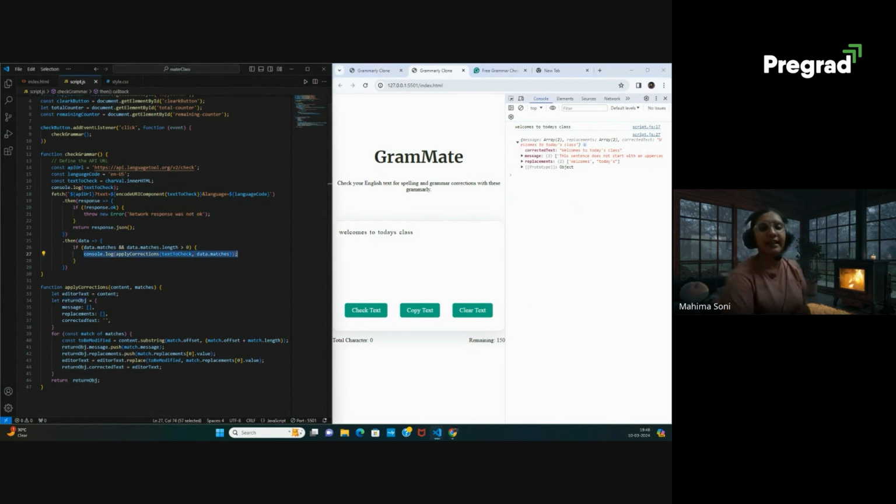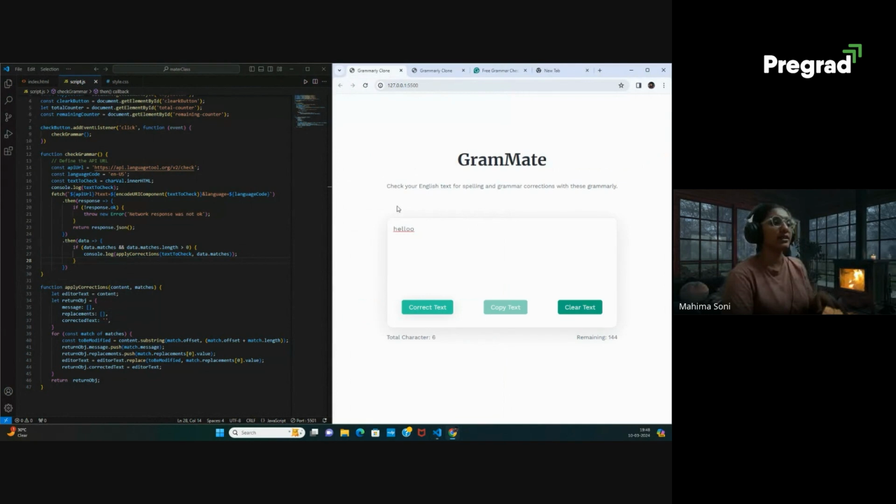So the first thing I'm going to do is show the suggestions first, and not directly go ahead and correct it. I want to show the suggestions. Now they have different parts, right? This part is message, this is your replacements. So I'm going to extract those from the object which is there. How am I going to do that? It's again